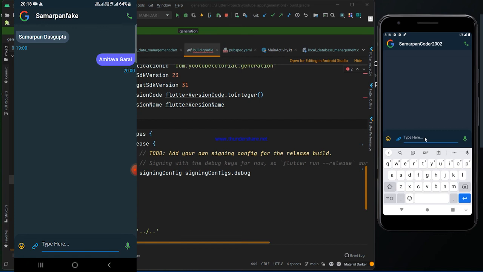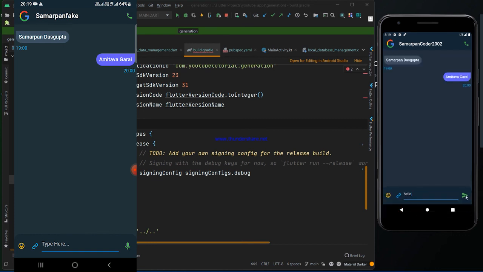So don't worry. If you just follow all the steps that I did, it will work on your physical device smoothly. If it is not working on your emulator, don't worry, just try with one or two physical devices as well. That will be very helpful. So let's start the demo. From the virtual device, that is the emulator, I sent a message to the physical device. So here I write hello, and just notice that on the physical device the notification will arrive.